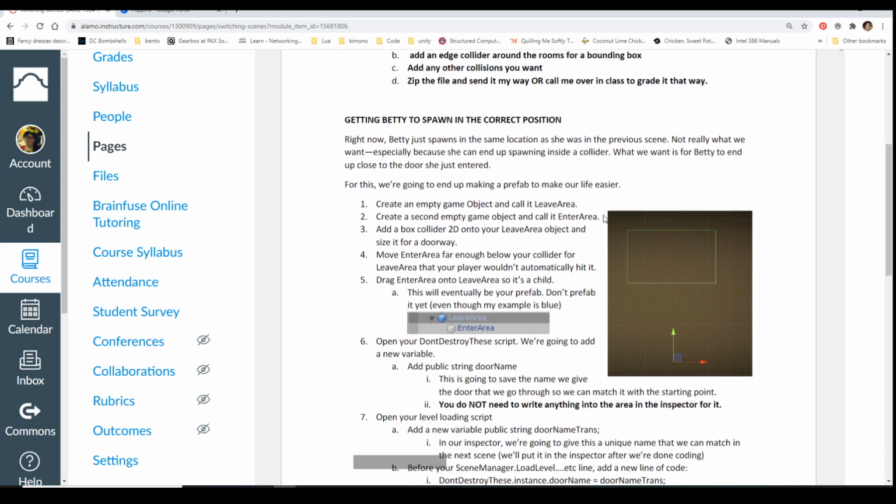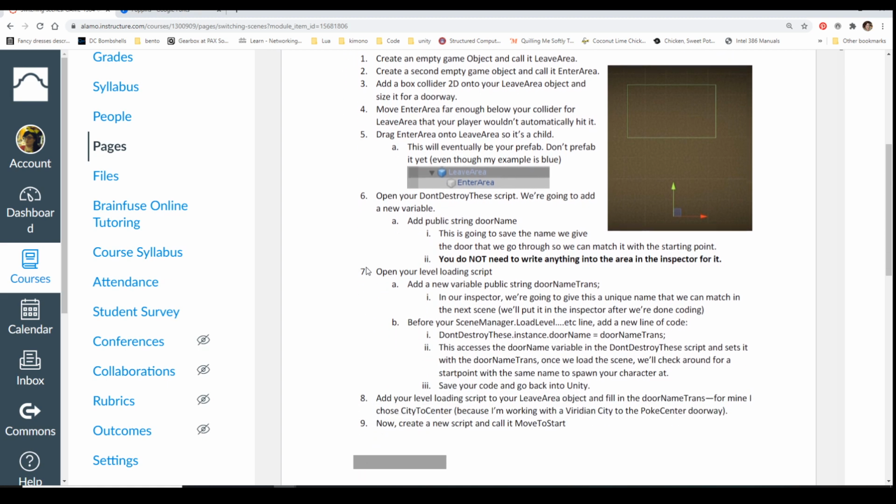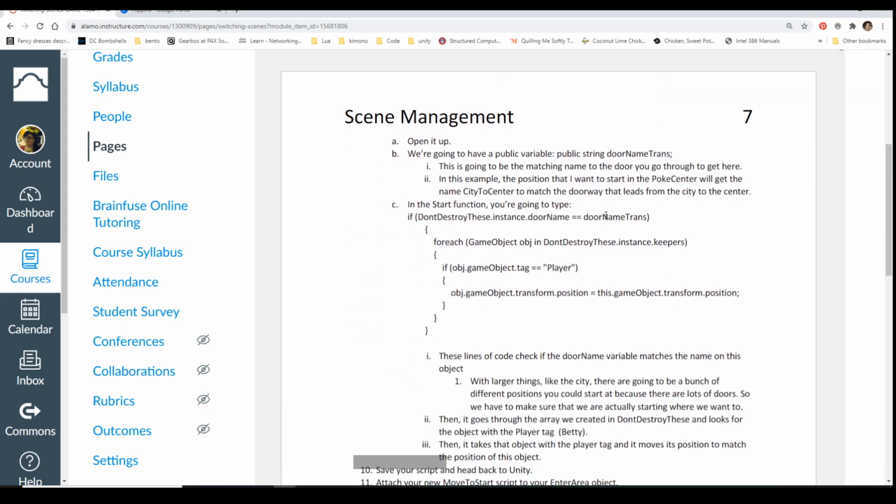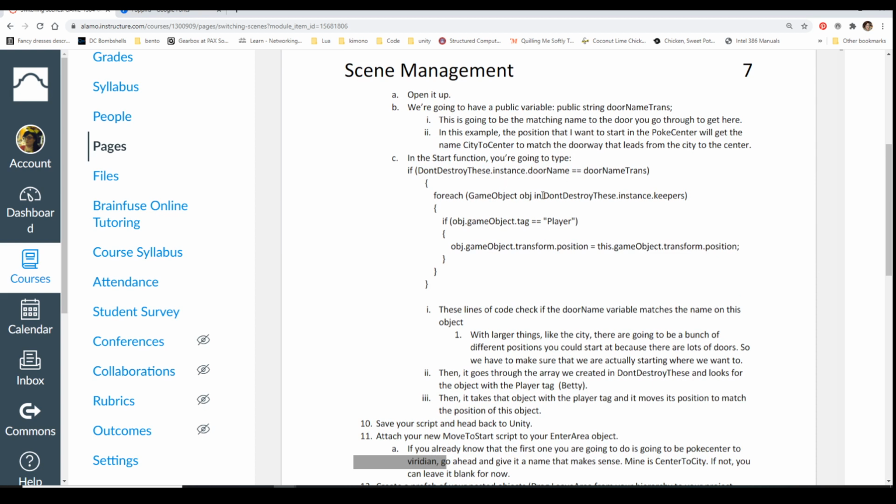And then this document also talks about how to get Betty to spawn exactly where you want her. Basically, that's by saying, hey, when I load into this new scene, make sure that I'm standing where I want to be standing. That's this idea of translating or moving her to where we want: this is this point, move her to this point, and then we're all good. I don't think any of you will have this problem because you don't have 8 million doors in one area. You just have one door that leads to the next thing, and that tends to be relatively easy. It's when you have multiple doors and have to match her to where she's going to next